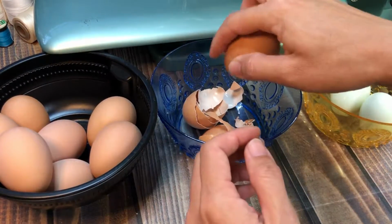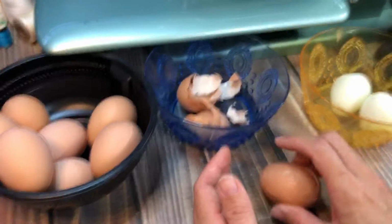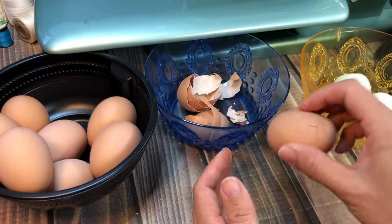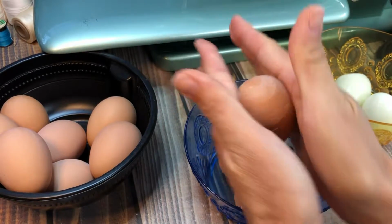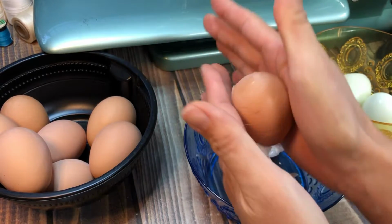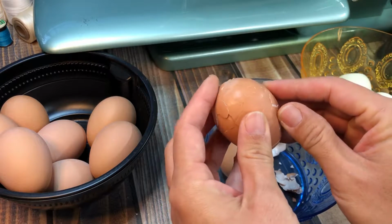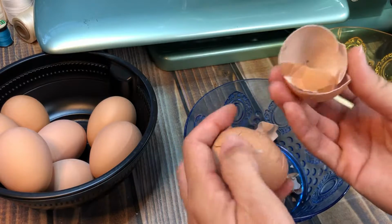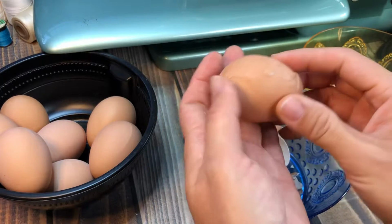So all I'm doing is hitting. Because mine are the way that they are, I am able to get away with just hitting it around here. But if you hit the ends as well, then that does help. And also rolling it gently around here does help, because what you're doing is you are separating the membrane from the egg white. This one, now when you roll it, you don't get something as nice and crisp as the very first egg, but